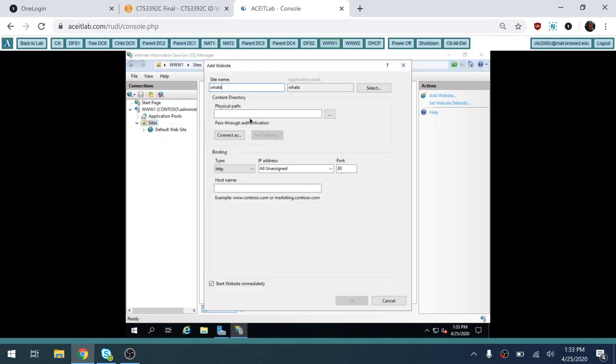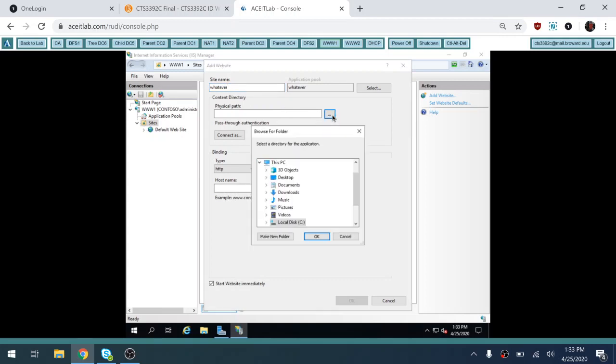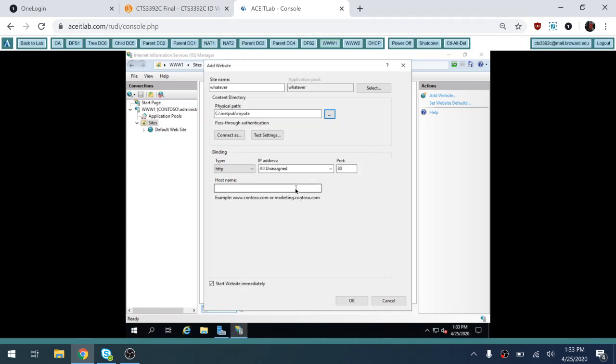This name is not important. I don't want you to think that's where you type the host name, so that's why I put whatever. I'm going to browse to the directory where my index.html file is. So that is stored in the My Site folder. And when someone types in